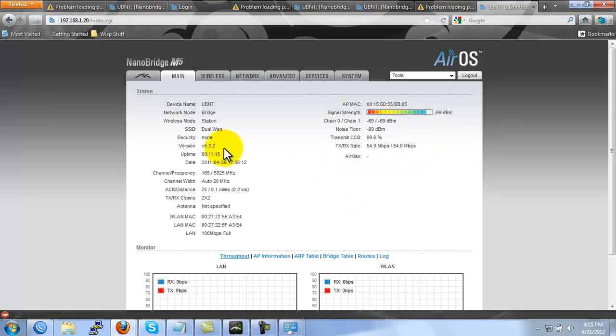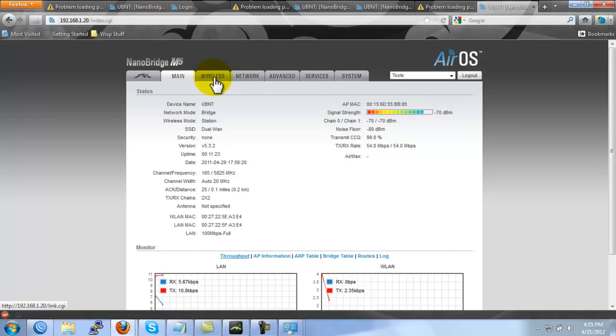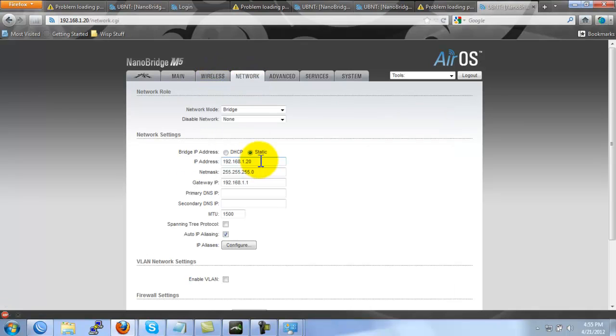So as you see, I've already had this programmed up for our dual WAN access point there. We're connected at a neg 69, pushing 54 megs of data. What I'm going to do now is I'm going to go over here to the network side. I'm going to set this end up as another. Let's set this up as a bridge,